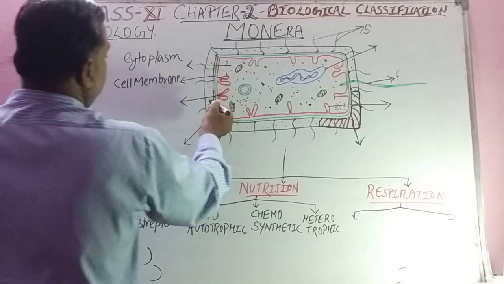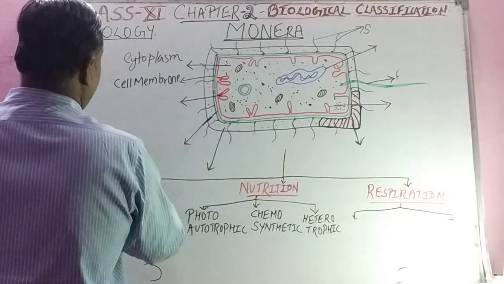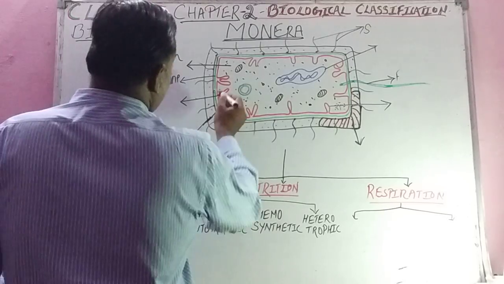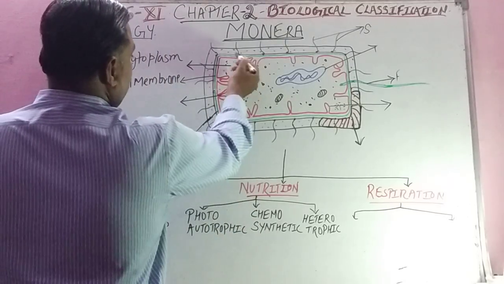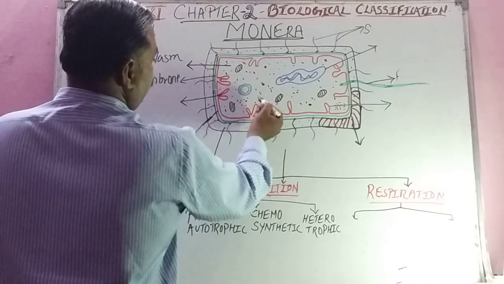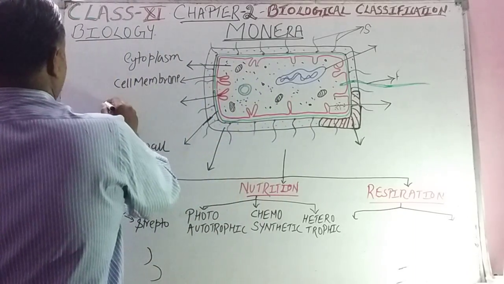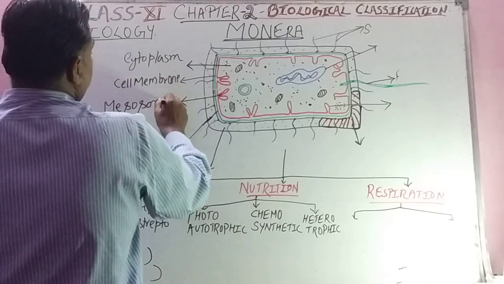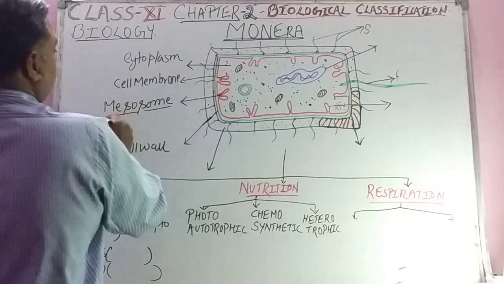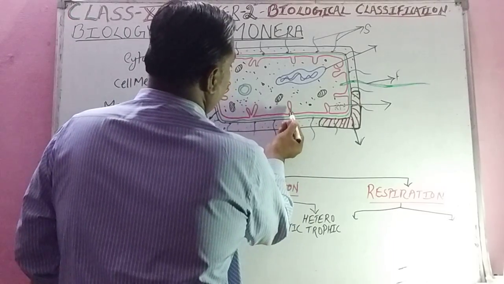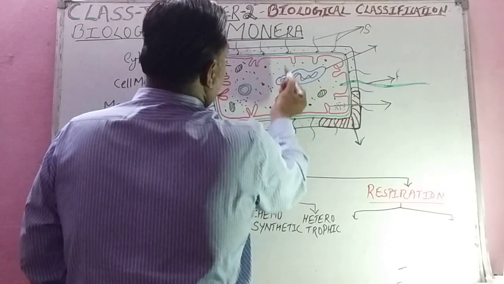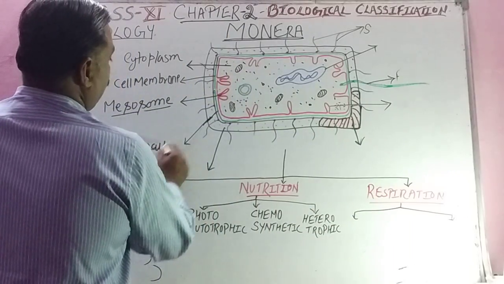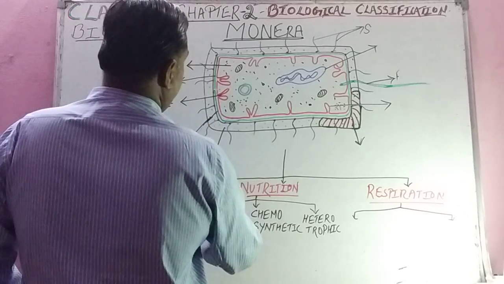Then next to it is your cell wall, mostly made up of peptidoglycan. And students, one more important thing I want to tell you, this cell membrane invaginates, like this, to form mesosomes. Students, this mesosome helps in the asexual reproduction of bacteria. When the cell divides, this mesosome gets deeper and deeper and the parent cell divides into 2 daughter cells. Then this is the cell wall, green color, and this one is